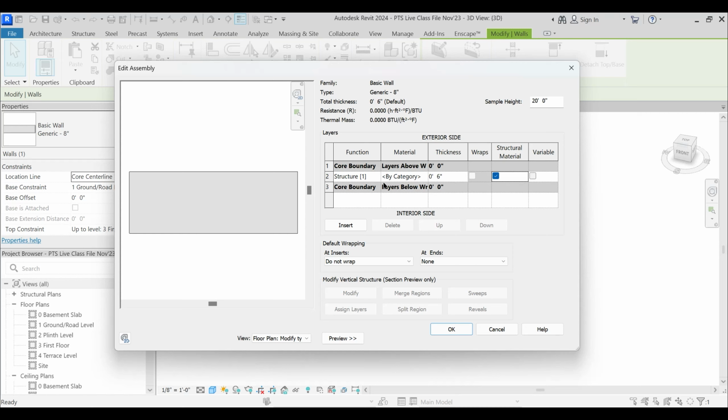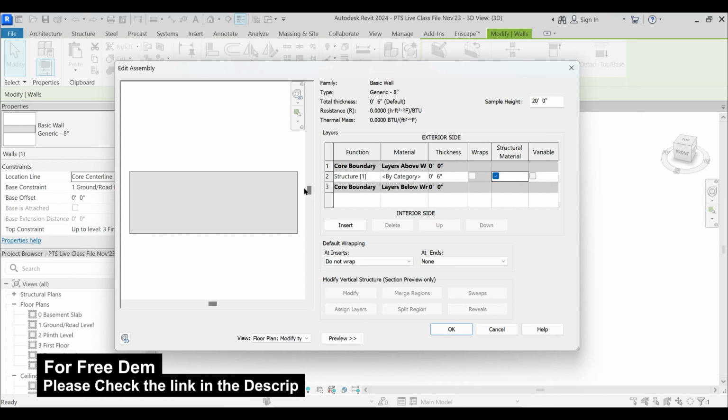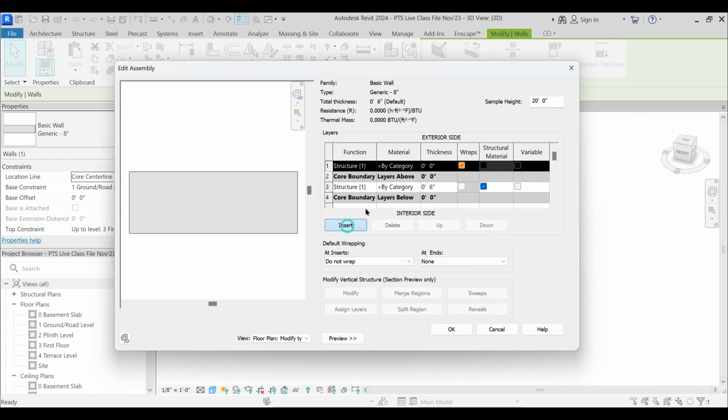Okay, fine. So structure 1 is going to be the 6-inch wall core structure. Then I'm going to click this core boundary and Insert. So following the chronology given by Revit, this is supposed to be substrate 2.